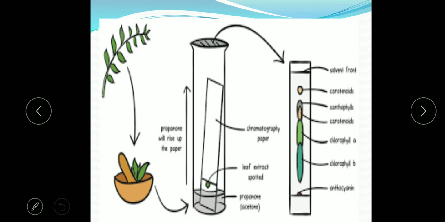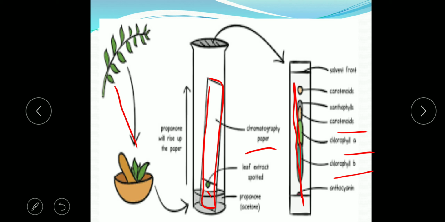Now here there is chromatography of chlorophyll. Chlorophyll is also a pigment. In the same manner, this filter paper or chromatography paper is also known as Whatman paper. On the Whatman paper, a dot of chlorophyll obtained by crushing the leaves will be made, and a solution will be taken over here. So the constituents of the chlorophyll get separated, like chlorophyll A, chlorophyll B, okay, carotenoids, like that.